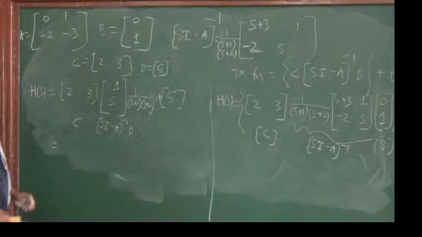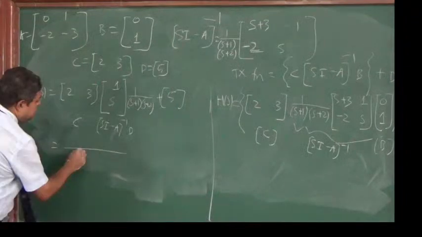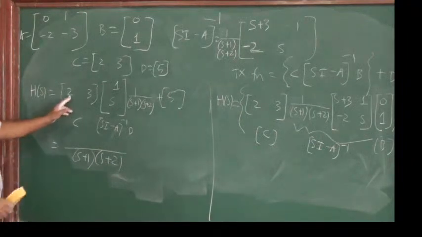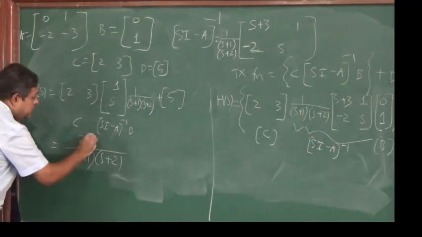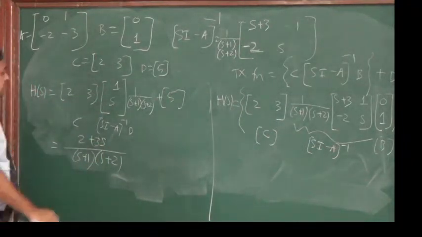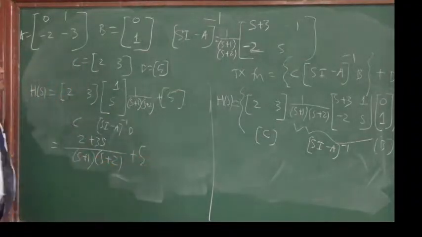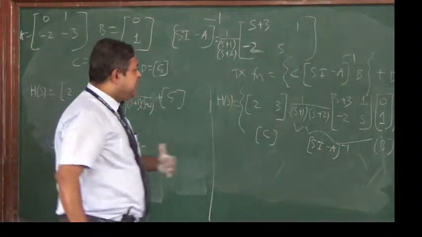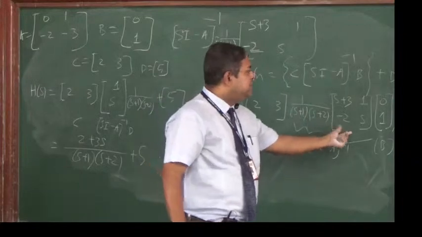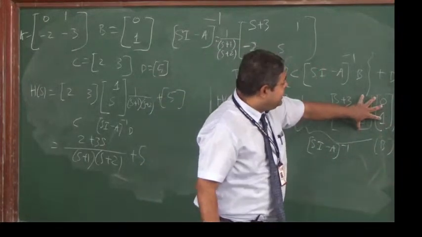So it is like this. Denominator s plus 1, s plus 2, like this, and then 2 and 3s. So this will be 2 plus 3s and plus 5. So it's very simple multiplication. This is C into (sI minus A) inverse into B plus D. First we have taken care of this part,